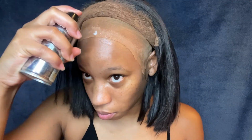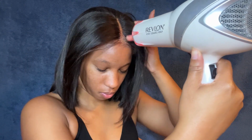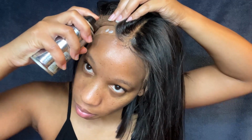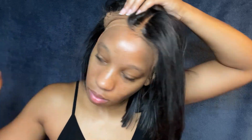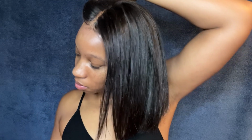I'm going back in with some Bed Head right in the middle. I'm gonna start in the center. And when I'm ready, I'm gonna lay it down. I'm gonna do the middle first. I just like to do the middle just because I think it's better. So once I got that part dried, you can see the sides are still up. And I'm gonna spray some more Bed Head, just a line around the front. And this stuff dries kind of fast, so